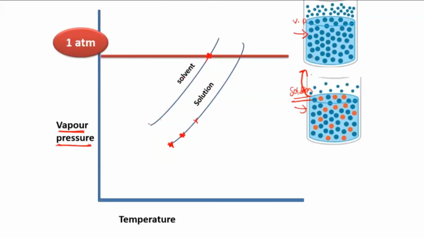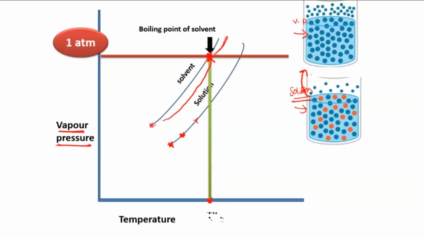Initially the temperature is low. When you increase it and the vapor pressure comes to this point, then the liquid starts boiling. If it is higher than this, you will see that the liquid is continuously boiling. So this is the point. I have dropped it down, and you will get the temperature at which the solvent is boiling. That will be the boiling point of the solvent, which I am going to denote as TB naught. Remember, for the vapor pressure of the pure solvent we represented it with naught. So here TB naught is the boiling point of the pure solvent.